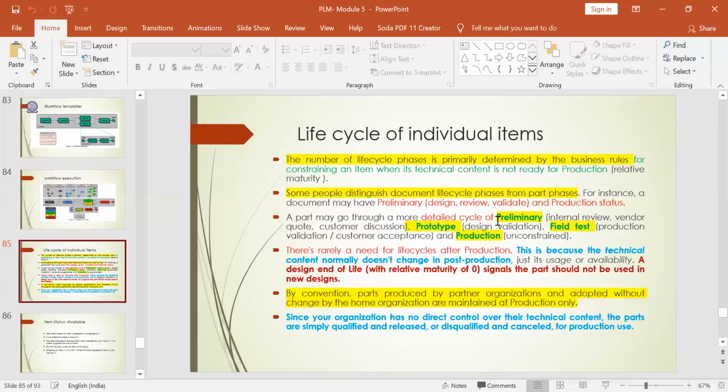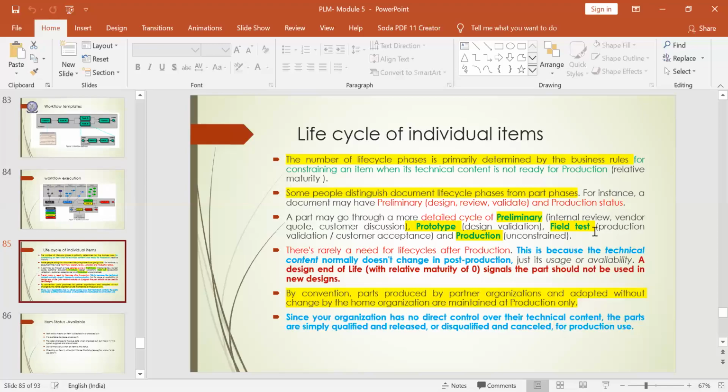So you will manufacture only one product based on the approval of the prototype, to check whether it works properly. The production of that single unit will have its own life cycle, and that validated product has to be accepted by the customer. So these are the parts which will be included in the life cycle of the field test.